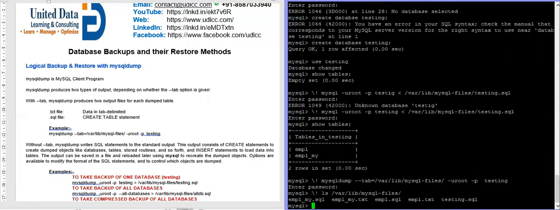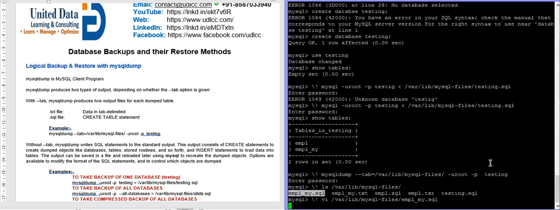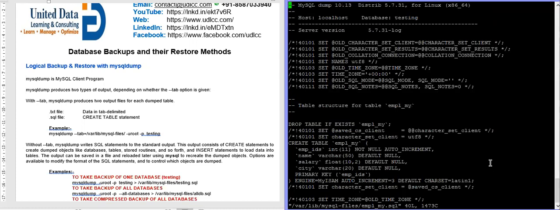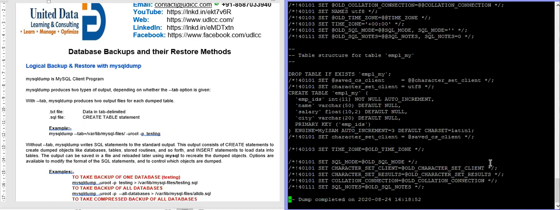So let's see the contents of that SQL file. What will be there? In the SQL file, there will be a create table command. As you can see, the create table command.